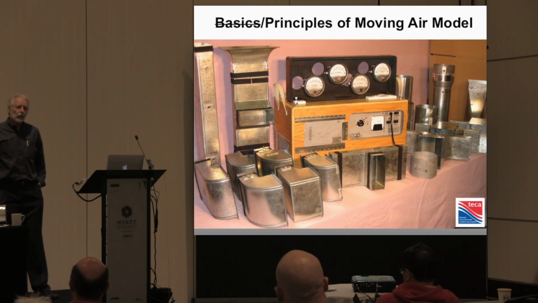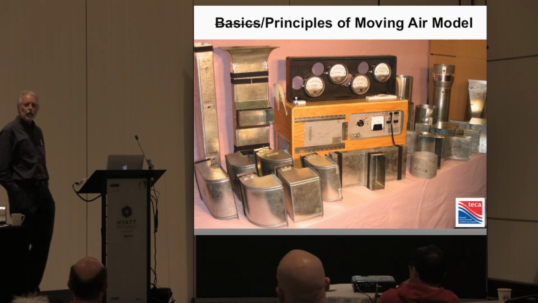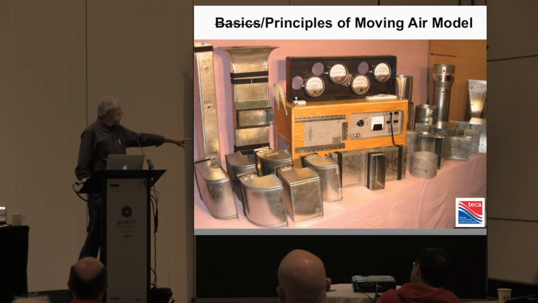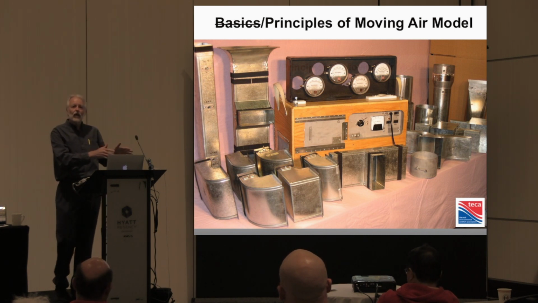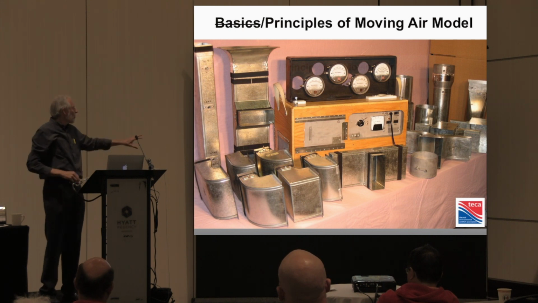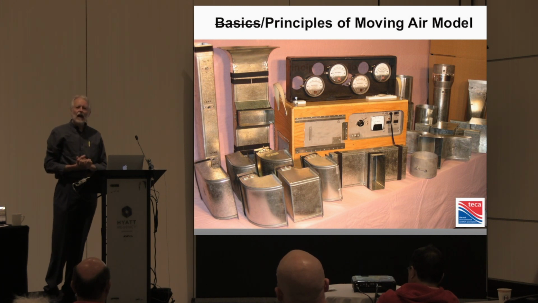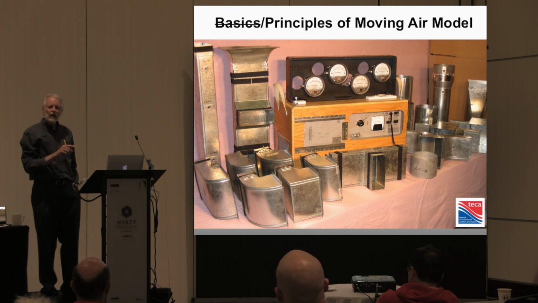In the course we built, called The Principles of Moving Air, we decided the only way to reach the trade in a credible fashion is to build a model. We built a model at 1/10 scale, and on the left here we have 7 different fittings that you will commonly see at the base of a furnace, where the cold air return comes down and makes a corner at the furnace. We have 6 different versions of that: 1, 2, 3, 4, 5, 6. And 3 different on the supply air side, so we can actually demonstrate hands-on, in reduced scale, exactly what happens with